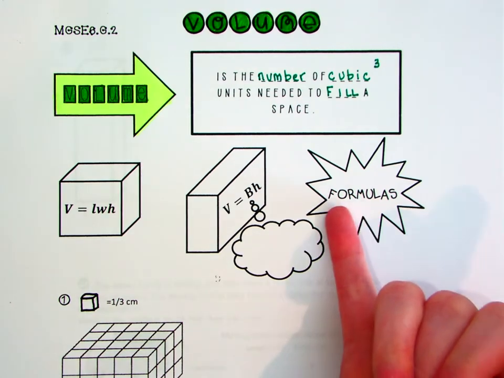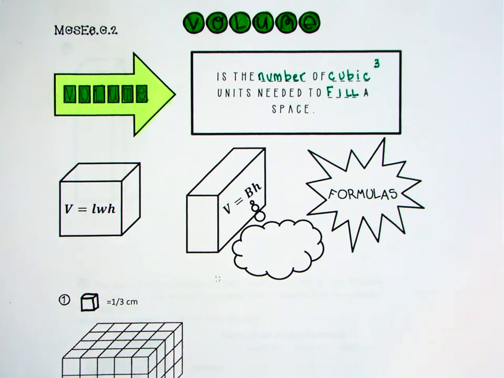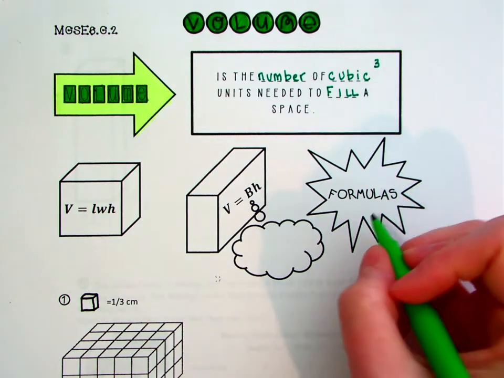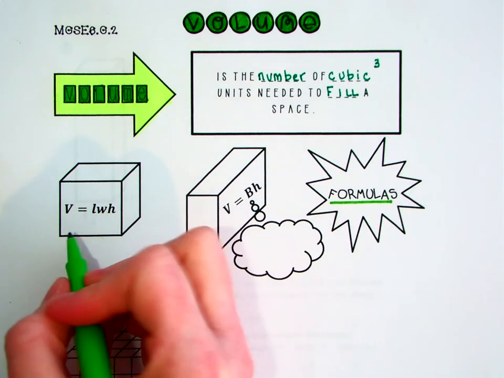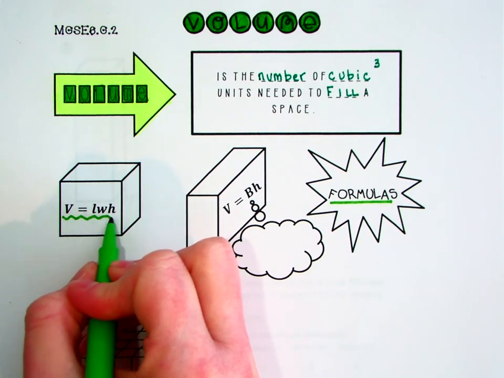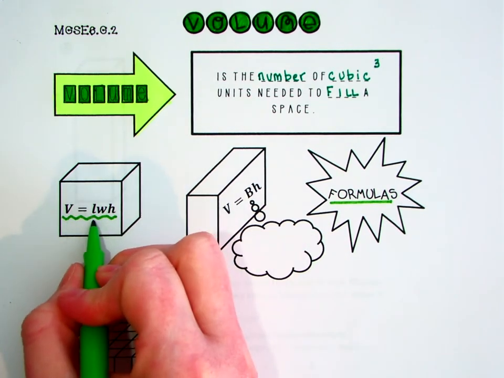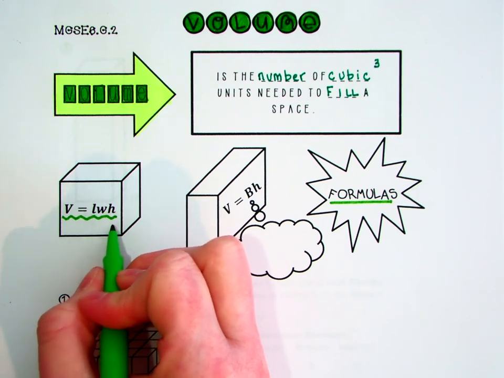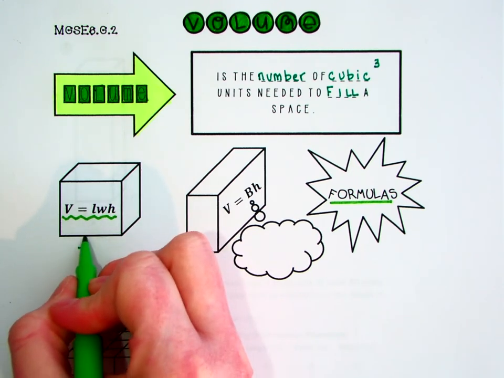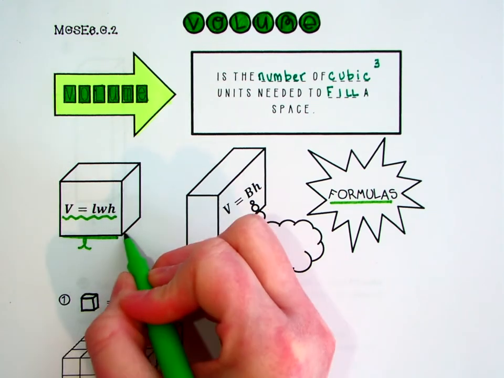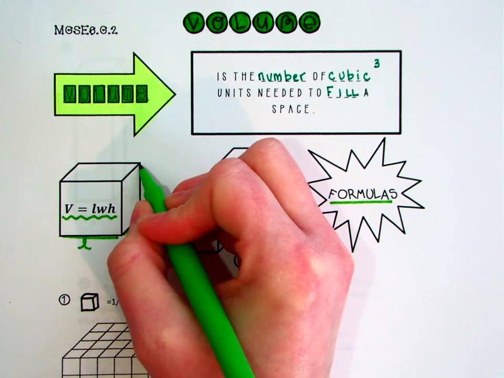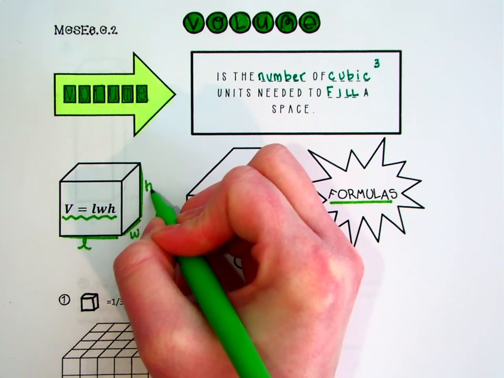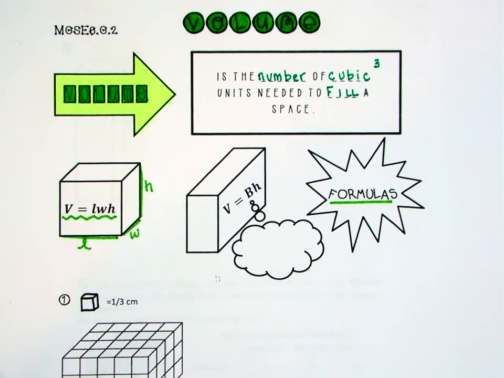There are 2 different formulas for volume, and you should be familiar with this one right here. That's the one that you're familiar with. Length times width times height. So for example, the length of the box here times the width of the box here times the height of the box up here, which in my intro video you should have seen that I actually used a sample box, and I could use my Cheez-It box here,